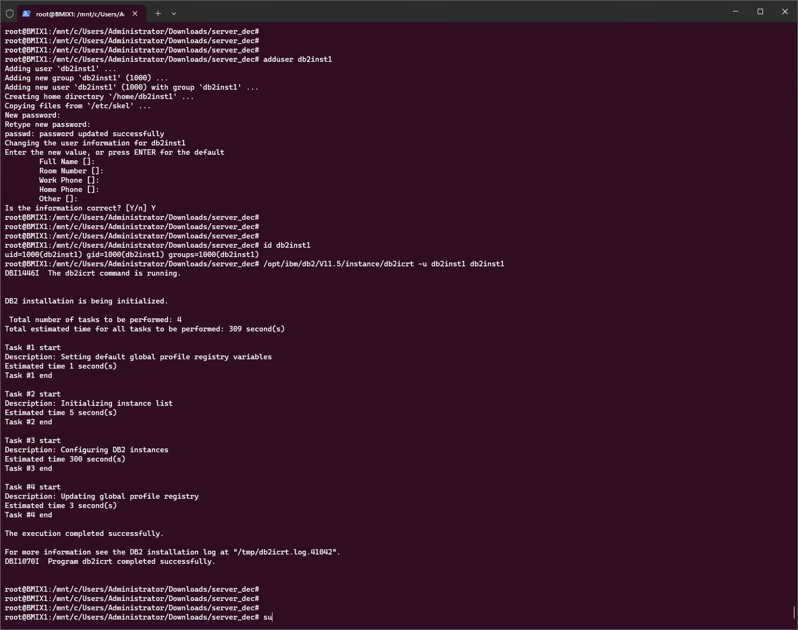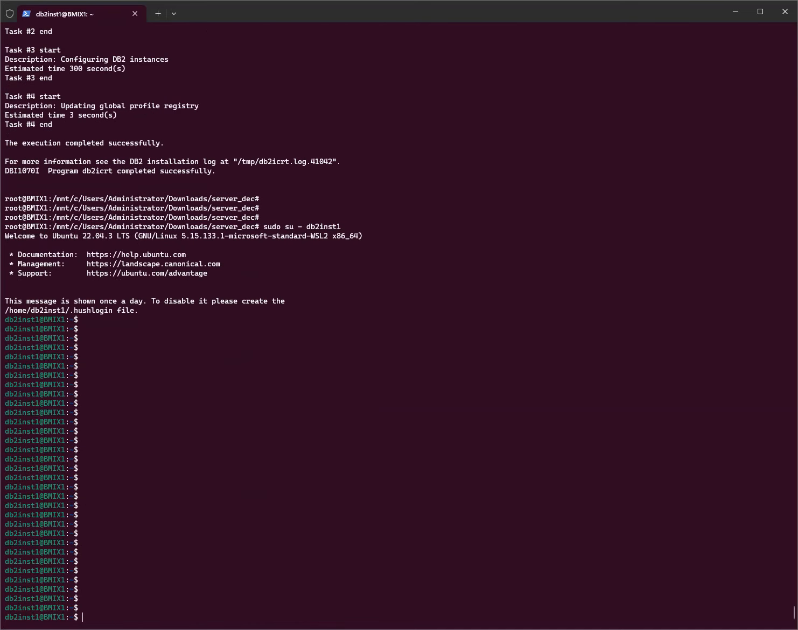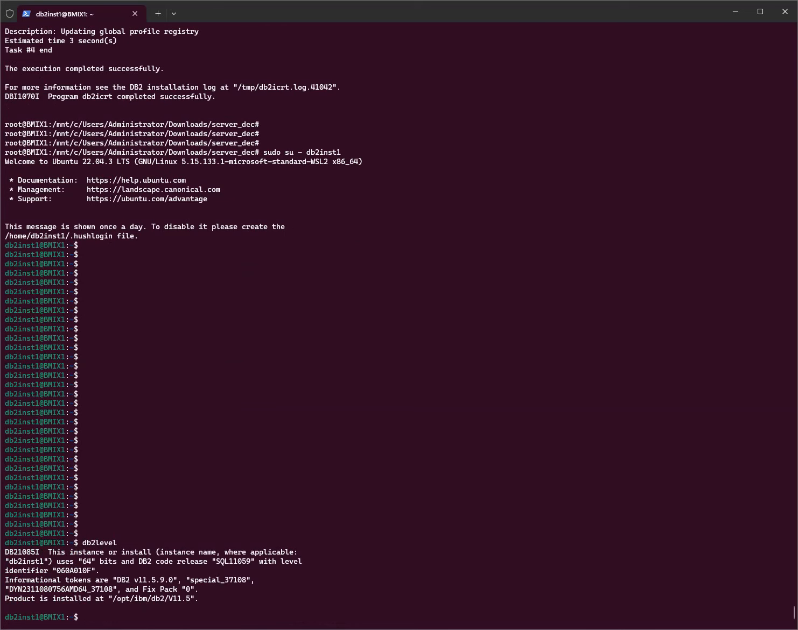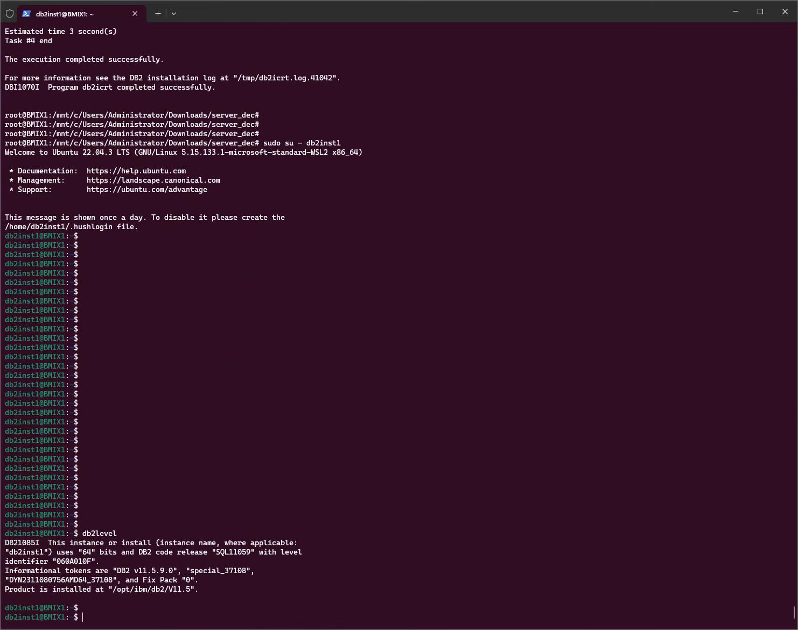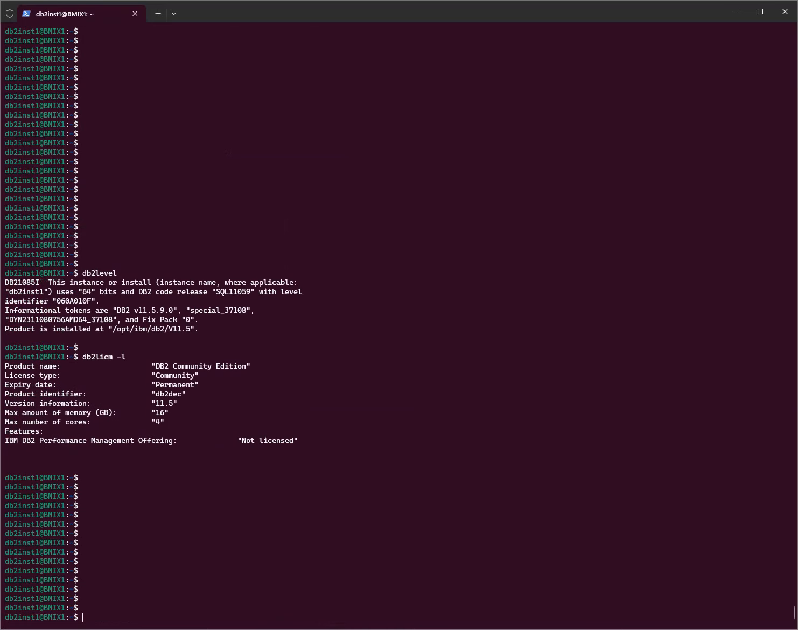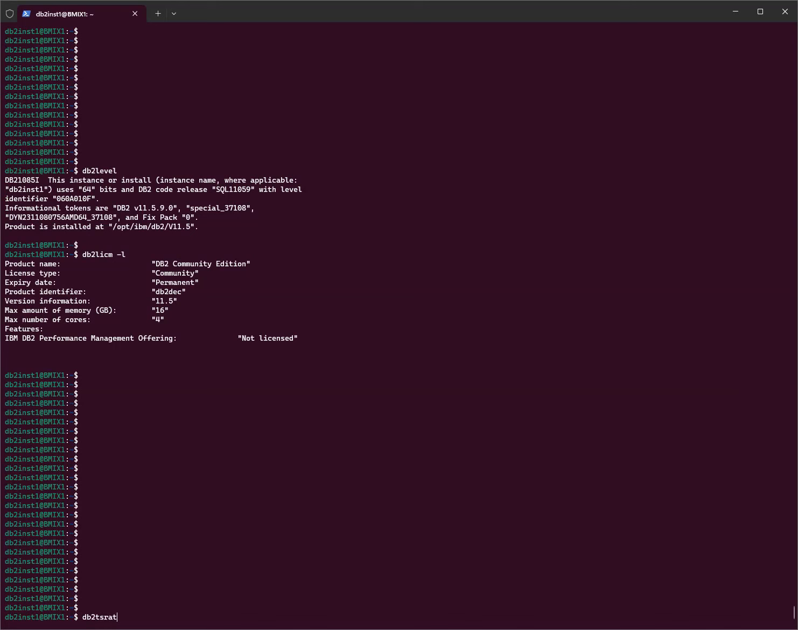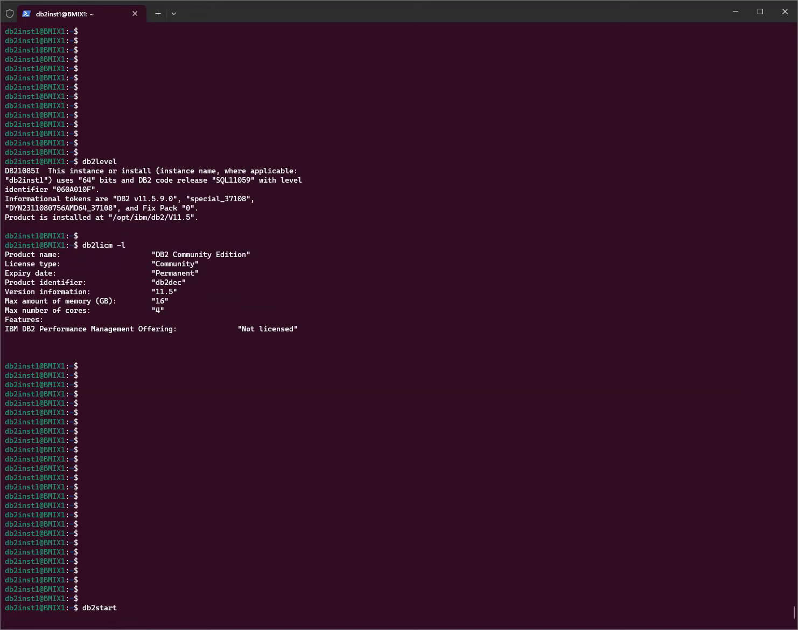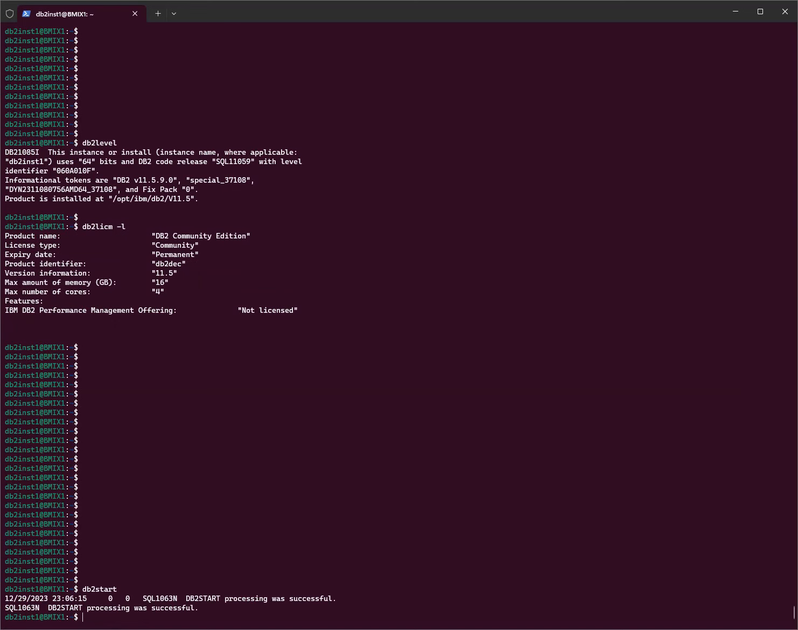Let's switch the user. So I'm going to switch to the db2 instance owner. So I'm in that. So if you do a db2level, you can see the similar information, 11.5.9.0, right? And if you do a db2licm, you can check the license. It is db2 Community Edition. All right, so now we are ready to create the database. So before we do that, let's do a startup. Okay, so we're going to db2start